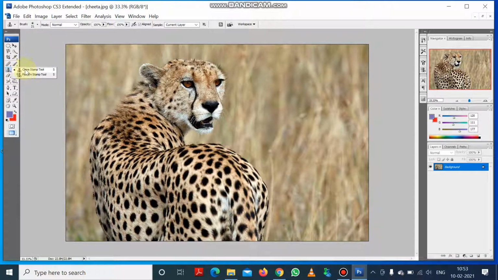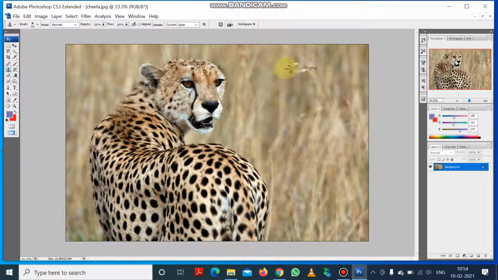You right click on the clone stamp tool. You will get two types of tools, clone stamp tool and pattern stamp tool. So click on clone stamp tool and I press Alt button, and you can see the small dot has become a target symbol, and then I am moving the mouse pointer, the target symbol, around the face of cheetah. Then I am leaving the Alt button. Then you can see one very tiny circle mouse cursor is coming. You can see the movement.